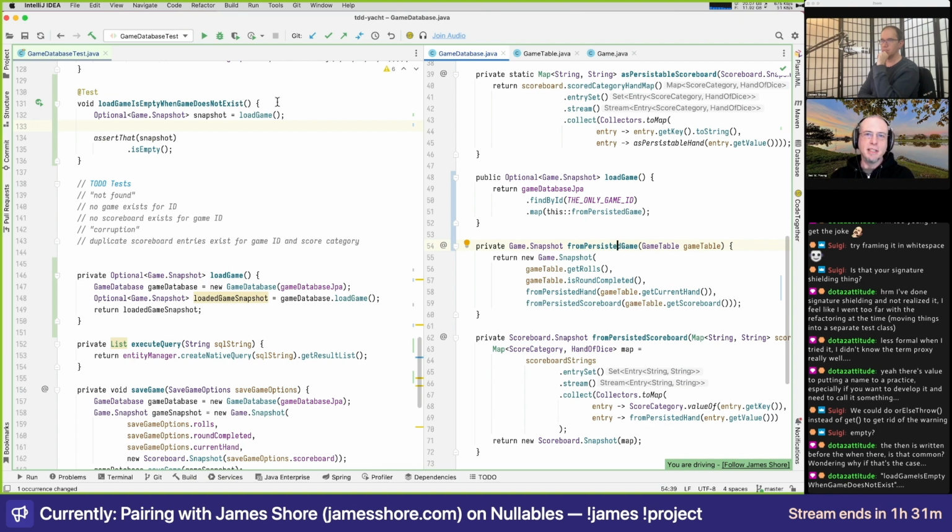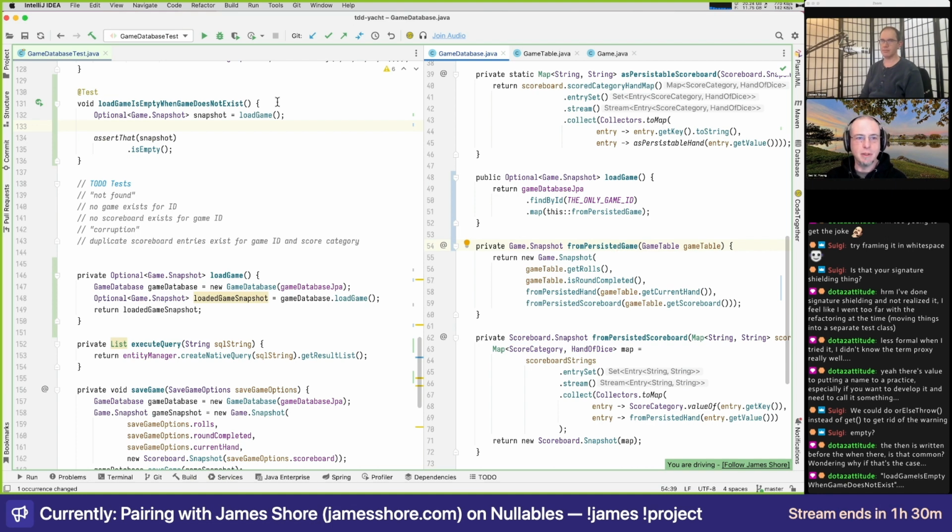Oh, Dodo, you're asking about the ordering of test methods. It's interesting. I go back and forth around whether you write the outcome first in the test method name, or think about it as given, when, then. I'll go both ways, and often I'll start with the more explicit "given this, when this happens, then this," and hopefully drop the given part.